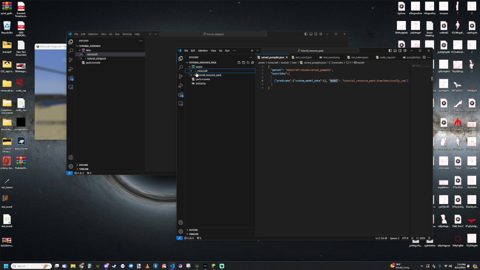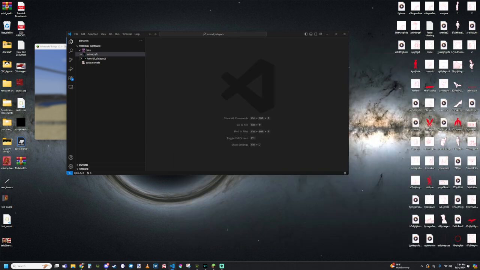So that's the same thing in the resource pack. That's the same thing in the data pack. The resource pack more so, but for Minecraft in the data pack sense,